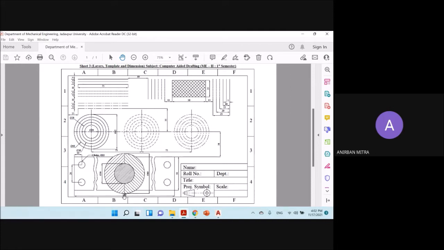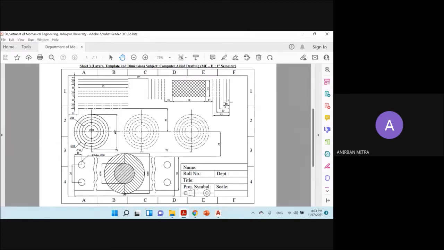So what it means is that the actual dimension of this line is not 240. Probably it's going to be closer to 250 or something like that. So we are representing a larger dimension with a representative small line with the help of two broken sections, one here and one here.